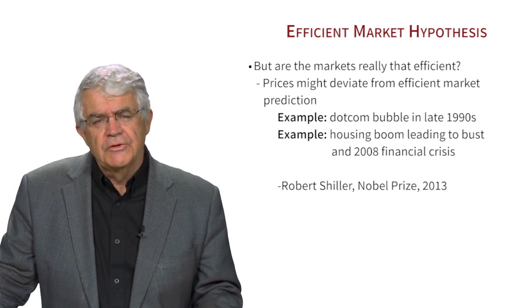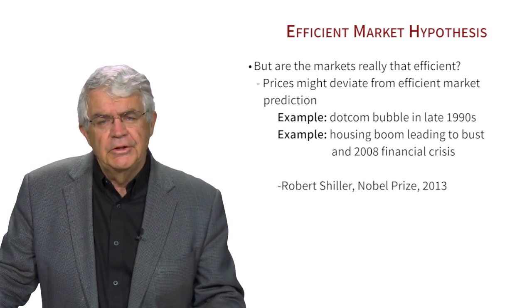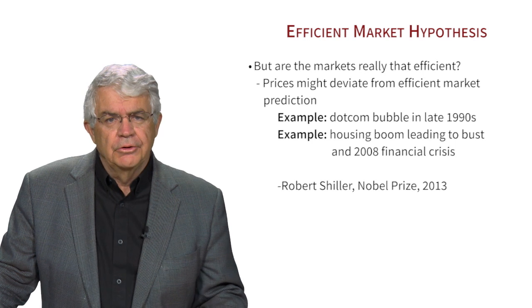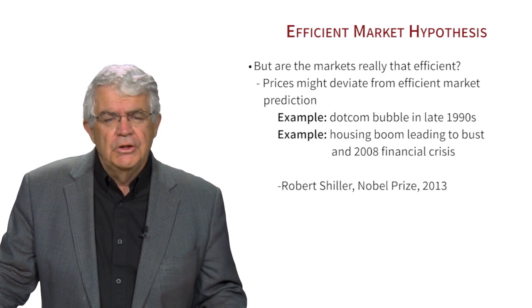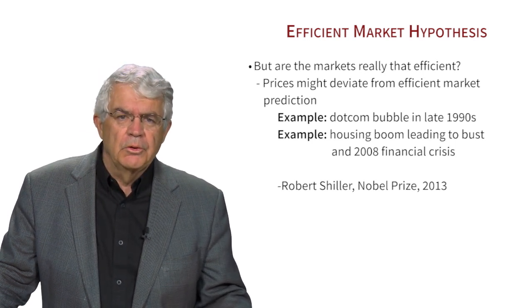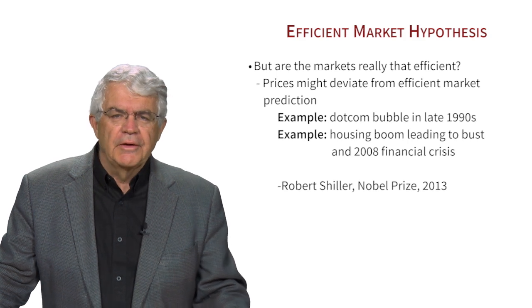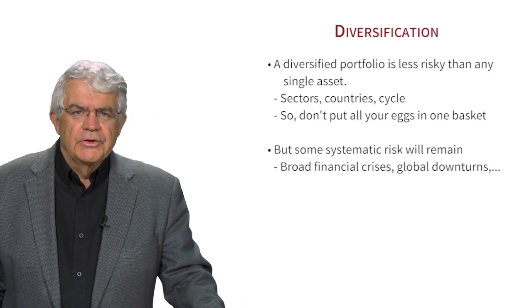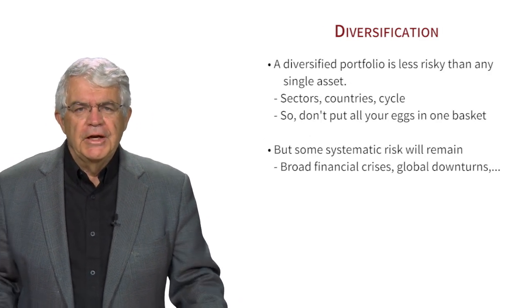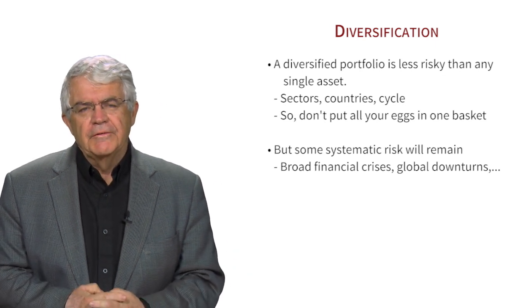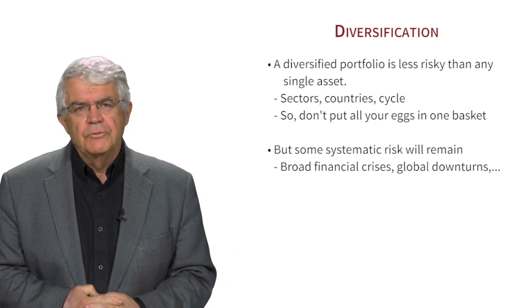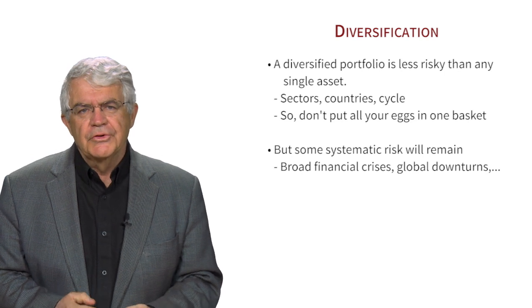So the combination of these two, it seems to me, reflects the fact that you have a model, it's a good model, doesn't work perfectly all the time, good model, efficient market hypothesis. You've got to think about the times it doesn't work that well, and people like Schiller have explored that. Now there's another important implication of this idea of efficient markets and risk, and that is it pays to diversify